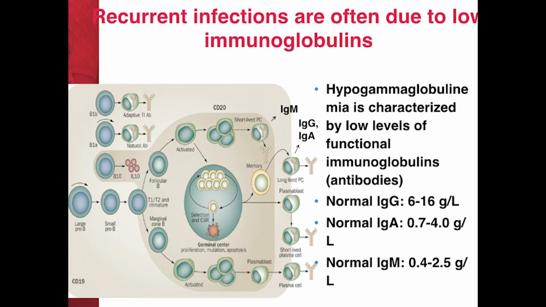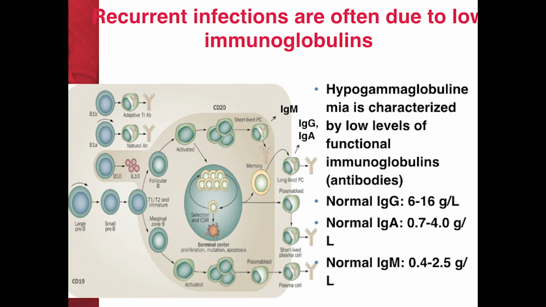They have slightly different structures, and so we call these solubilized B cell receptors molecules such as IgM, IgG, IgA. There are 3 of these types of immunoglobulins or solubilized B cell receptors in the blood. Normally, these levels for IgG are between 6 and 16, IgA between 0.7 and 4 grams per liter, and IgM between 0.4 and 2.5. But with CLL, these numbers fall,